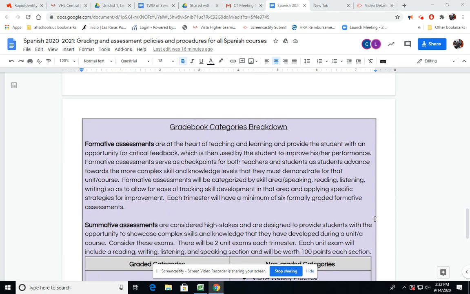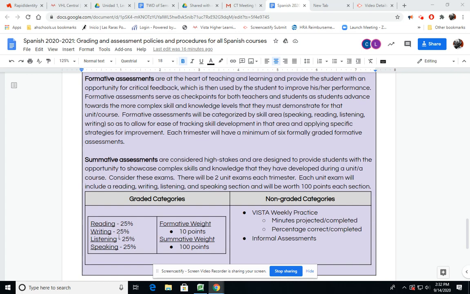Then back here, formative assessments, and there's your graded categories at the bottom. So when I set that gradebook up via the Lock and Key for Anoka High School, you have these different categories, and at the end of each unit, you'll have a summative assessment in each of those categories. They're 100 points apiece. They're announced. You'll know when they're happening. And leading up to those, it'll be about once every 4 to 5 weeks. So you'll have at least 2, preferably 3 before the end. And then you have the formative ones also.